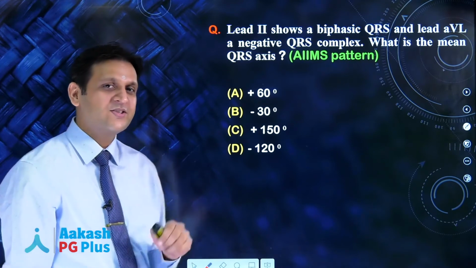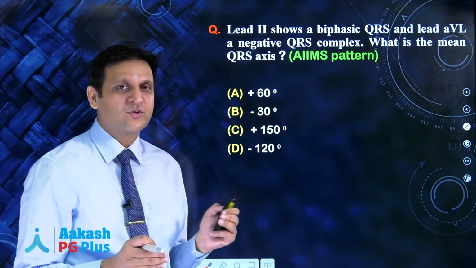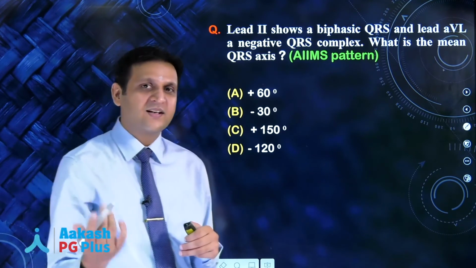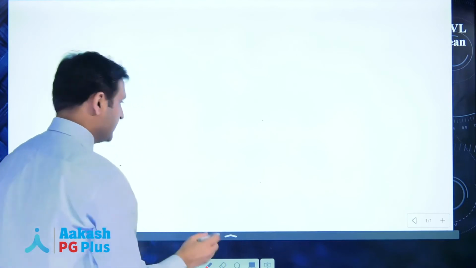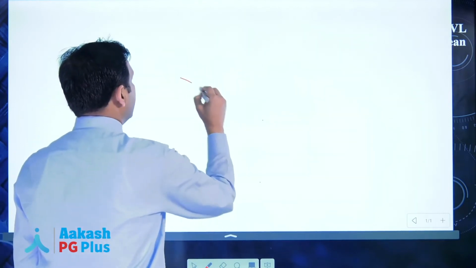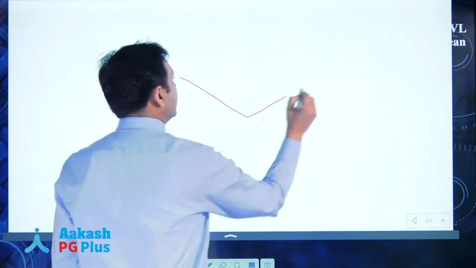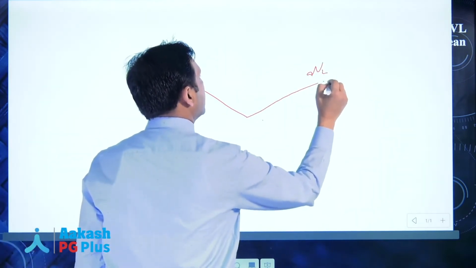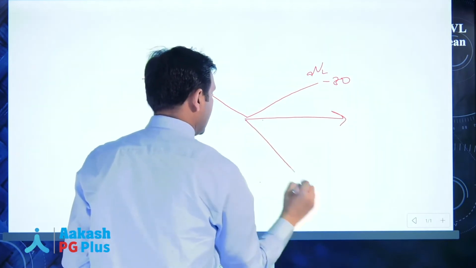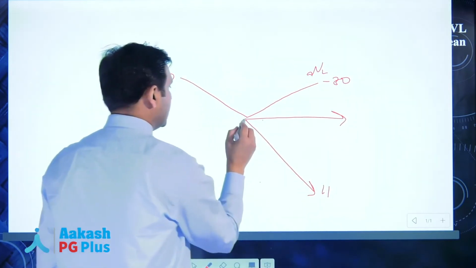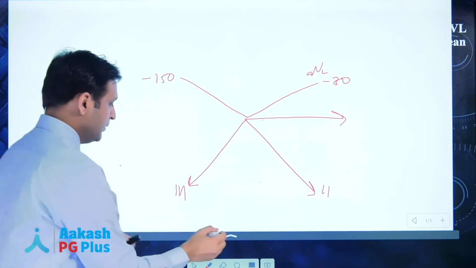Fine. Now let us try and solve this question. Try and understand the basics while you solve this question. You'll be elated, you'll actually start liking how to calculate the axis. So let us draw the three. We have AVR, that's at -150, we have AVL, that's at -30, we have lead 1, lead 2, and lead 3. Fine. So the question is